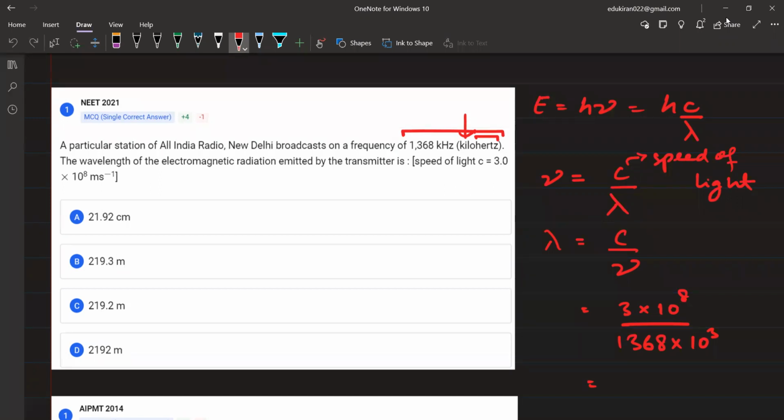Okay, Saf has answered. यहाँ पे आप लोग बिल्कुल भी अप्रोक्सीमेशन नहीं कर सकते हैं, ठीक है? Please remember that you cannot approximate because 219.3 and 219.2, ठीक है, 21.92 अप्रोक्सीमेशन के लिए यहाँ पे गुंजाइश नहीं है।